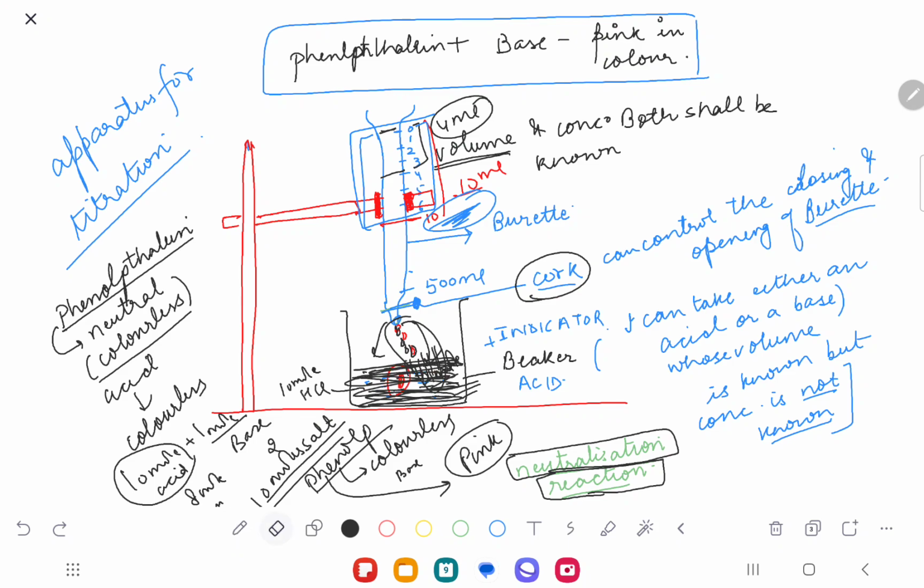It remains permanently pink because initially when it was falling, what was the scenario? Here we had 10 moles of acid and some amount of phenolphthalein. So this yellow shading is phenolphthalein, let's suppose. And this phenolphthalein changes color only when it has an excess base. Only when it has an excess base. Understood or not? So what does that mean? When it has 10 moles of an acid and you keep adding a base, so the moment